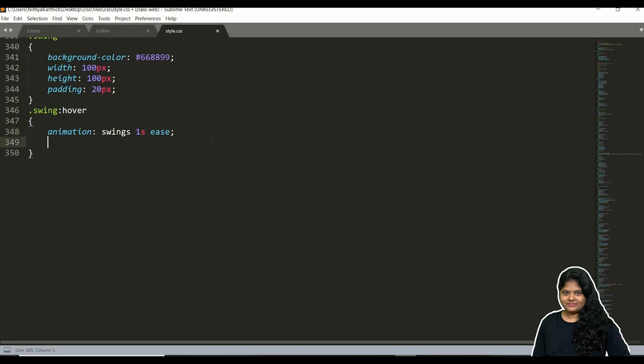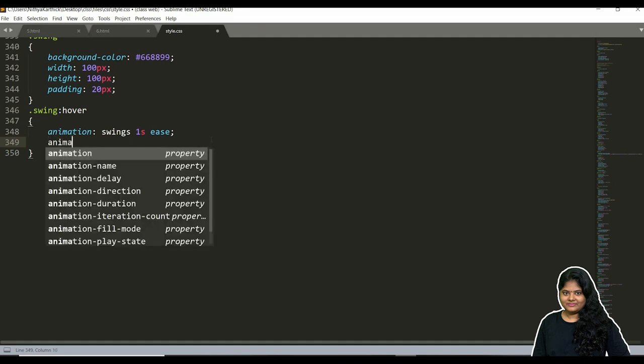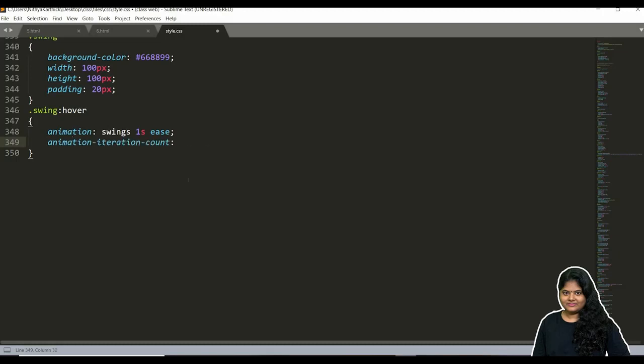And also animation iteration. Iteration means it should go step by step, one step after another. So after completing 15%, it should move on to 30%. So that is the animation iteration count. It is here, and it is 1.